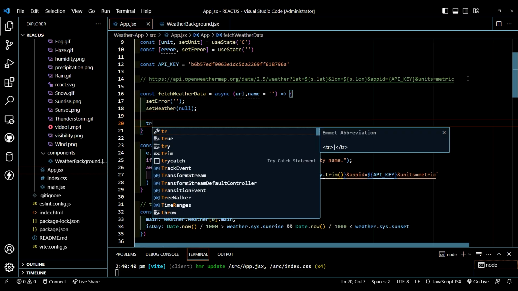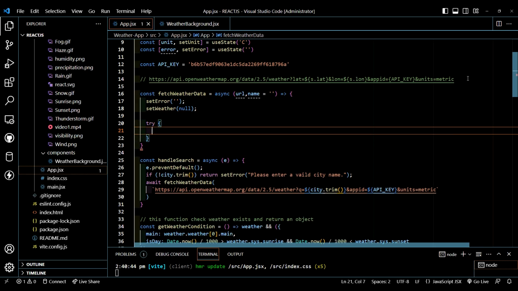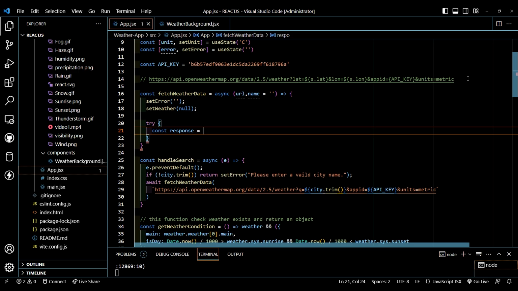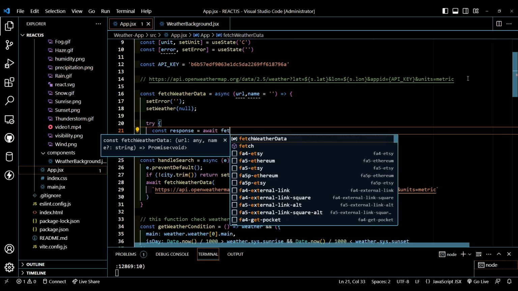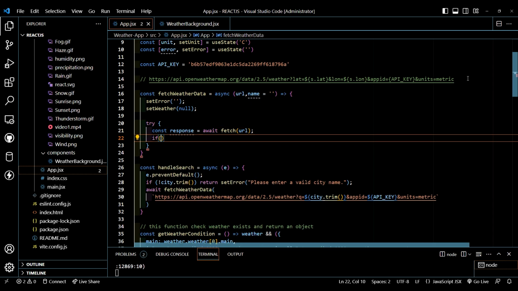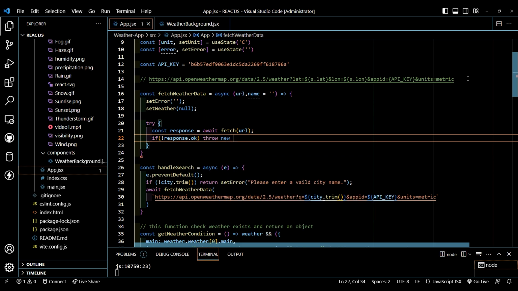Then let's type try. Here let's type const response is equal to await fetch URL. If response is not OK, then throw new error,